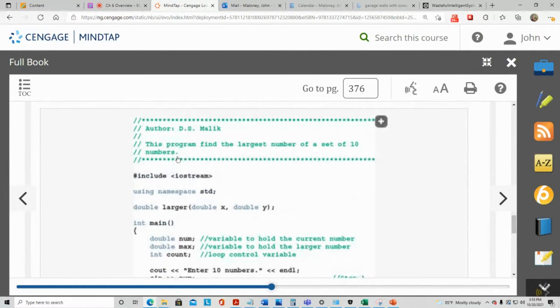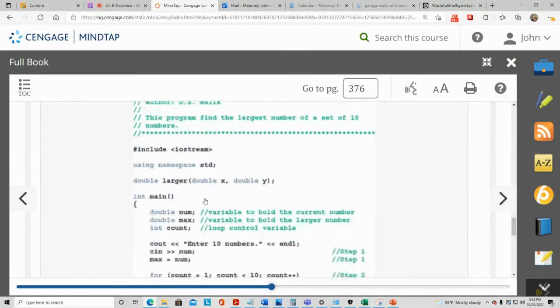Now, up here, we're just using our normal pound include. We're using our usual namespace standard. But you see something different up top now. This is a user-defined function, and this line specifically is called a function prototype. Okay, it's a function prototype. So, double is the data type, obviously, that we're using. Larger is the name of the function